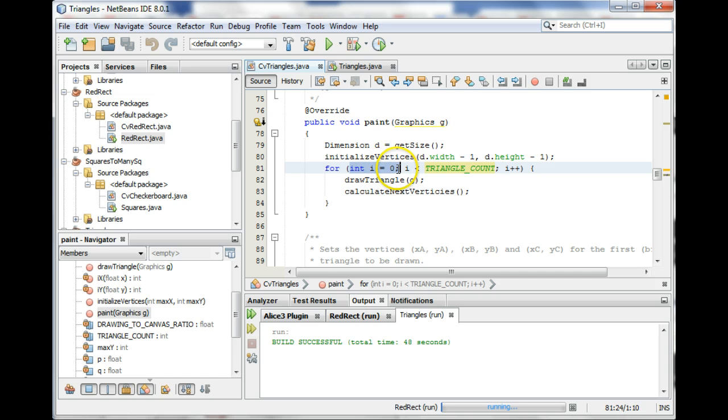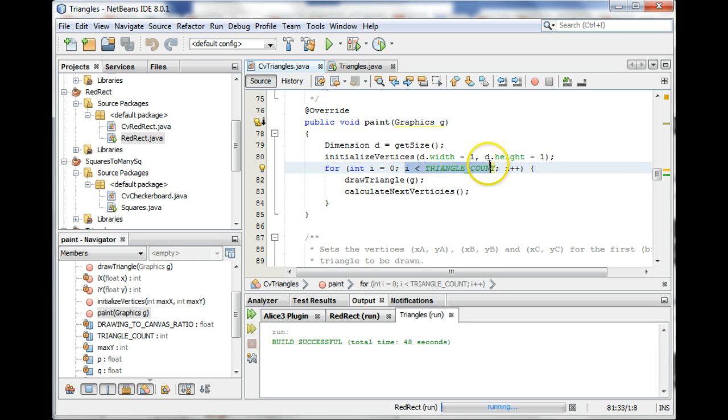the first bit here that comes before the first semicolon is the initialization piece. That's where we set up, and this is a very typical initialization statement for the for loop: int i = 0. We're setting an initial value for i, and that happens before anything else, before we start doing any work in here. And